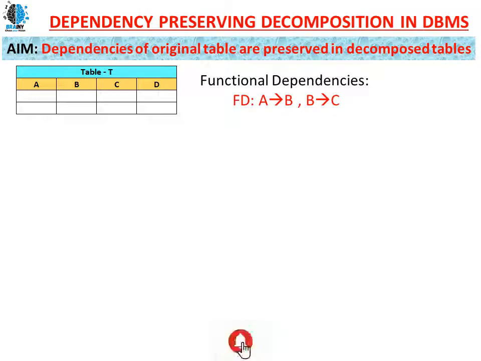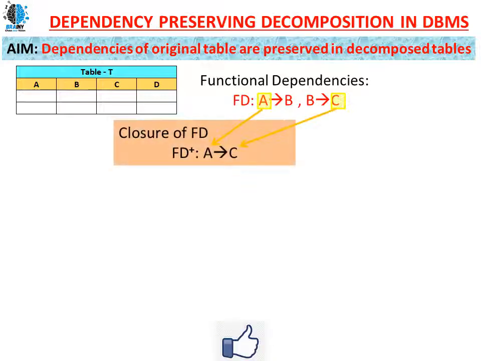As we know, A goes to B, B goes to C. It means that A goes to C is hidden. So for this purpose, I'm going to find the closure. In the closure, I can find A goes to C. Why am I going to find the closure? Finding the closure helps in finding candidate keys, hidden dependencies, and transitive dependencies available in a given table. So from the given table, I will be finding the closure of functional dependencies. The moment I find the closure, I get this transitive dependency from A to C.